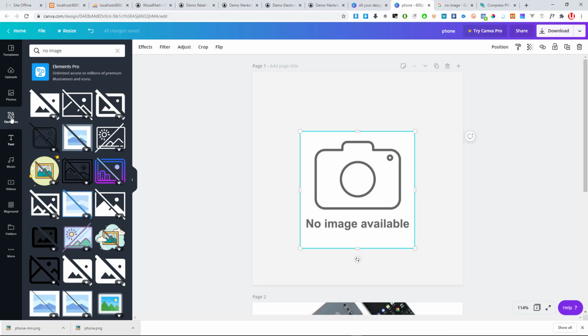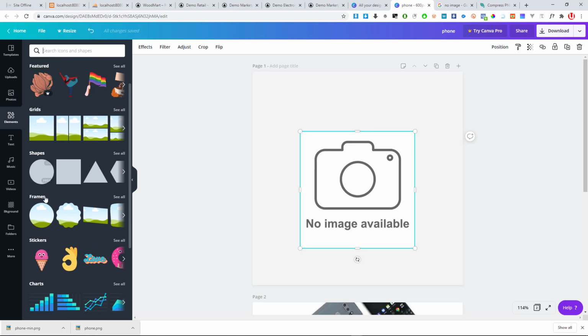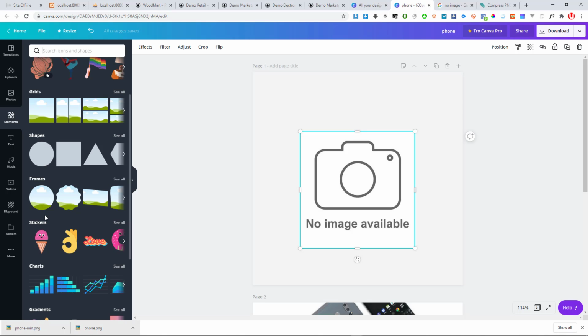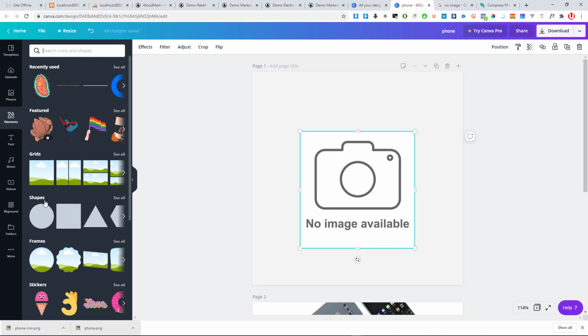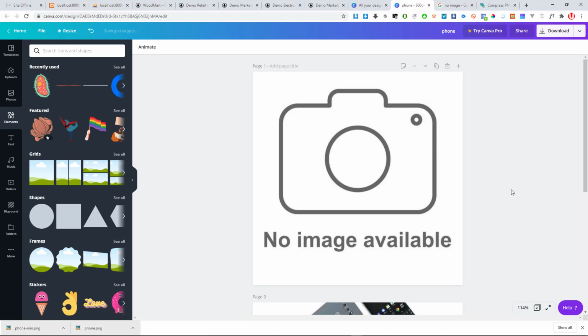So I come here to elements, close this one, put there what we call a field, not a field or a shape. Yeah, a field. So we can click here on this field. Now if I move just something like top, it's going to replace automatically. So no image, I can now download this one